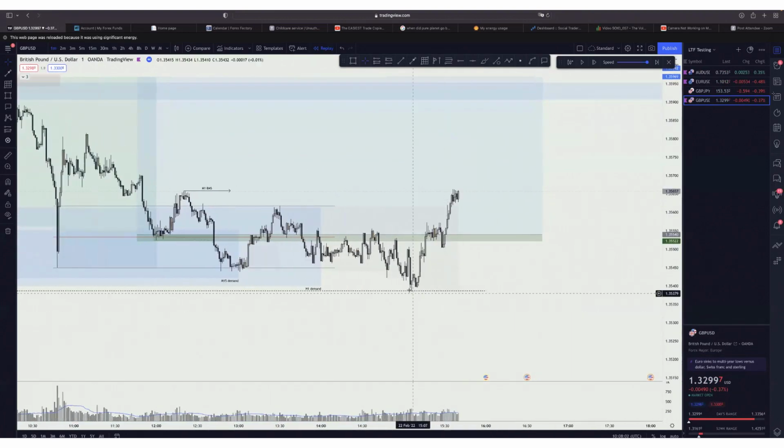Yeah, just tapped this. Insane. Yeah, just created equal lows. We did break structure, so yeah, I would be looking at